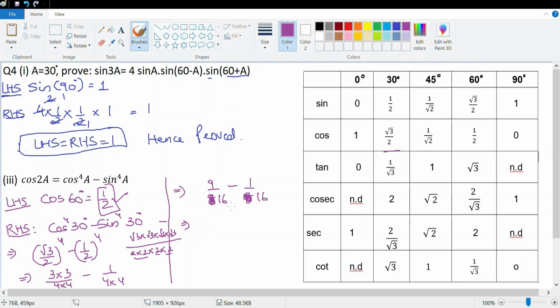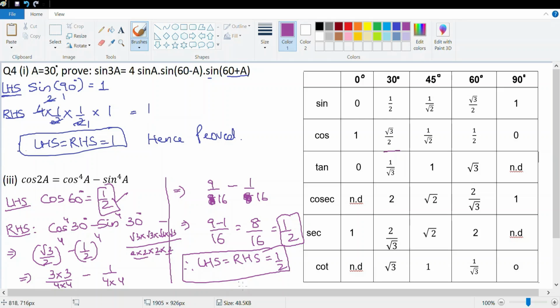So this is 9 minus 1 upon 16, which is 8 upon 16, which is equal to half. Now, therefore, LHS is equal to RHS is equal to half. Done. So I hope you realize